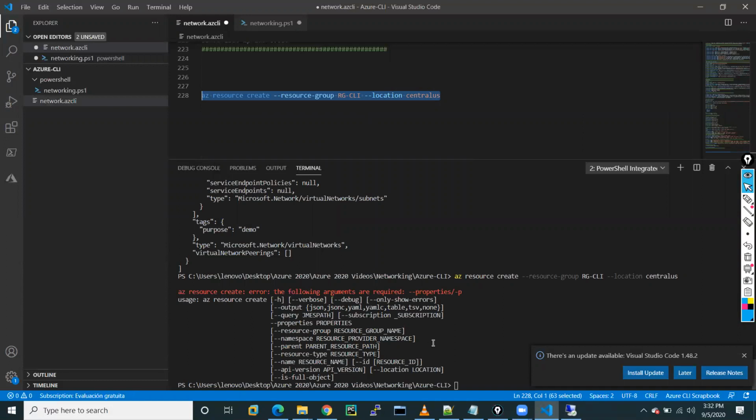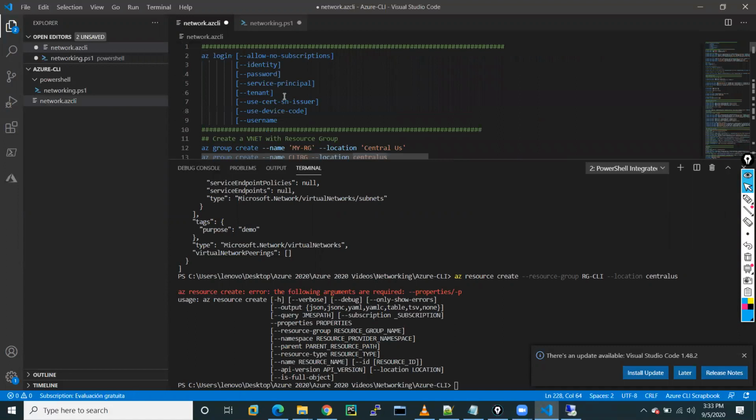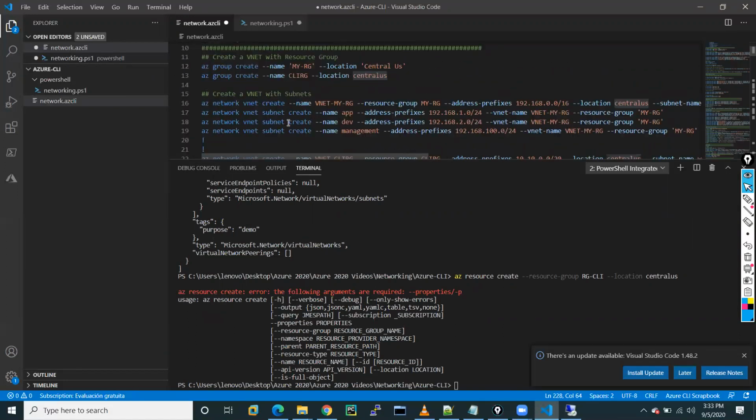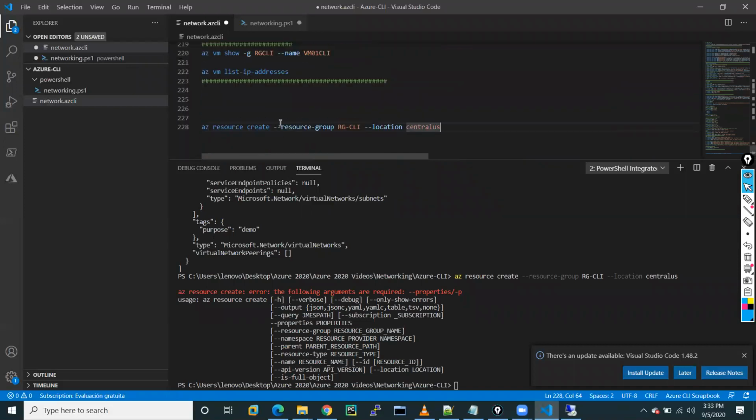So there is something which we are missing. The following arguments are required. That's the command we need. Let me see. az group create. I think we are using the wrong command here. It's not resource, it's group. az group create.